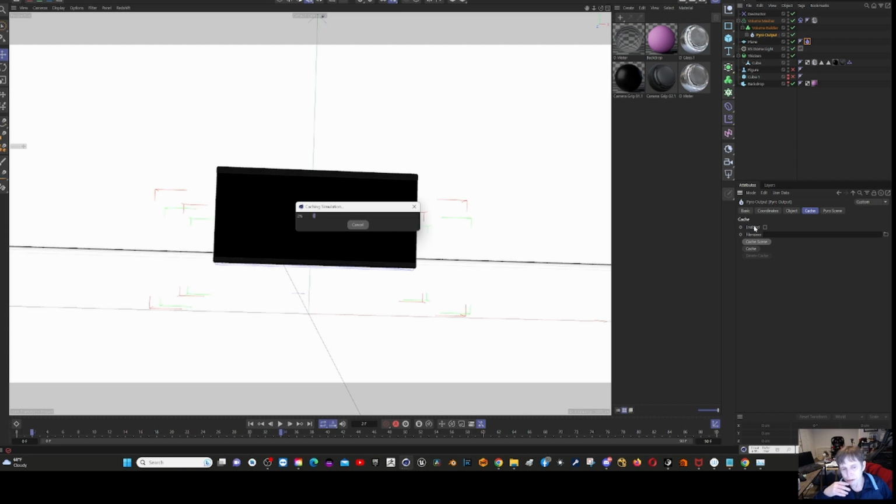And what it's going to do is it's going to go through and just cache that out. And again, this is critical when you're working with these big volumes in Cinema, because Redshift is not going to give you what you want. You have to be careful with memory in any of these renderers. What I ran into, I can tell you what I ran into, not just with this,